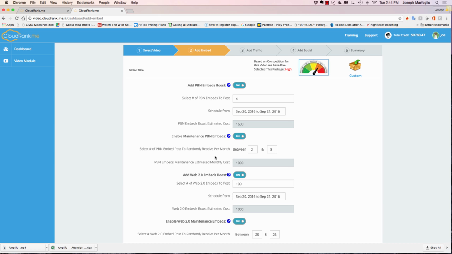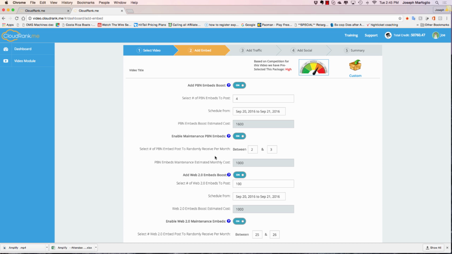Okay, because in the past, before CloudRank, what you'd have to do is set up that boost period, send out all of these social signals and embeds, right? And you don't want them all to happen at once, so you try to schedule it out over a few weeks, and then the next month you have to do it again, right? And the next month you have to re-get another gig, it becomes a big hassle. It takes a lot of time, and you're still not scheduling it out throughout the whole month. You're just getting these big hits of links and embeds and shares all at once, and you don't want that. What CloudRank does is it drips it out throughout the month.